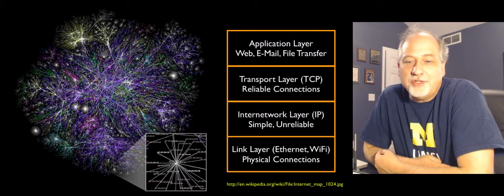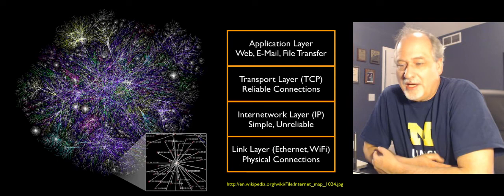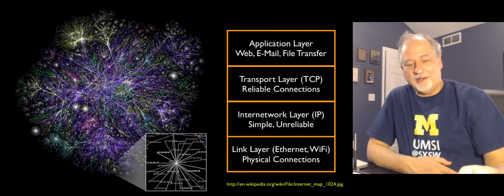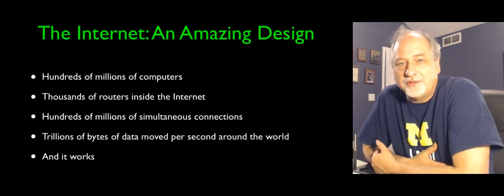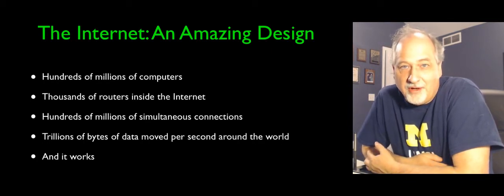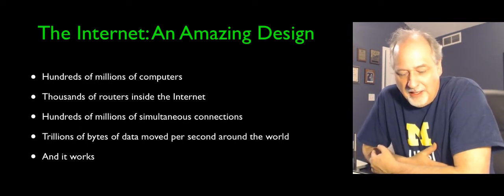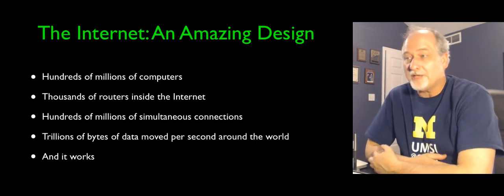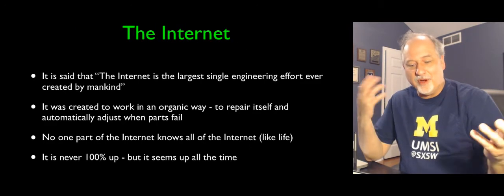And we certainly see other situations where governments try to shut the internet down by going into the server rooms and shutting off what they think is the only connections, but then more connections pop up. And so it's very much almost a living thing. It's billions of computers and hundreds of thousands of routers, and it's hundreds of millions of simultaneous connections going on all the time, including the one we're doing right now probably. And it's trillions of bytes of data moving across, and it's not perfect, but it kind of works.